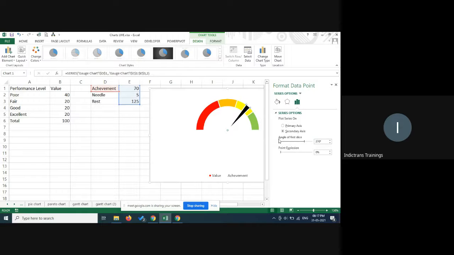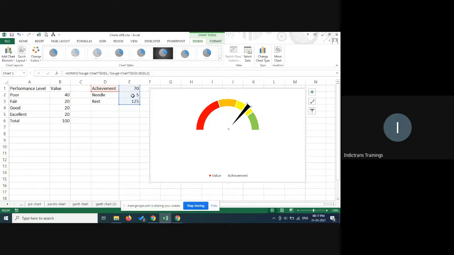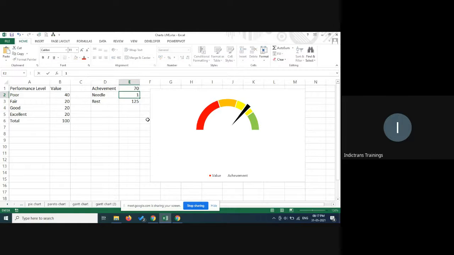Okay. And when you are here, this causes a point explosion. I just make it a little beyond, so I say 5%. And then I will make it maybe 1. 1 will be too small, so we will make it 2. 2 looks a little better. So I could do it as a 2. I think that looks better.